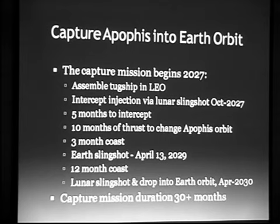Yesterday's talk really went into detail about how to capture an asteroid, but the